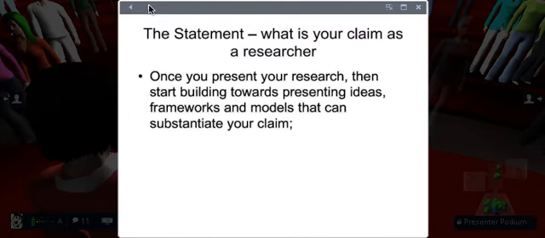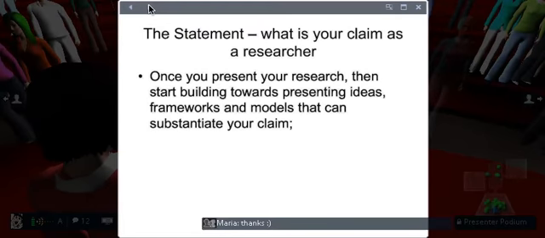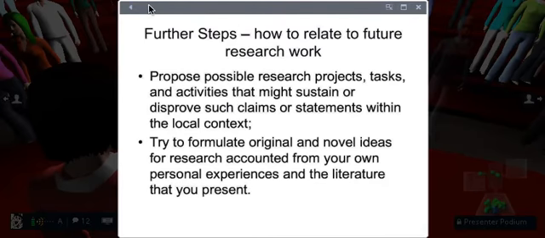Once you present your research and you start building towards presenting ideas, then you can safely say that you're substantiating your claim. The most important thing is this: I start my seminar paper, this is the statement, as part of my introduction, I usually do a general introduction, and the statement is the whole aim of my seminar paper.